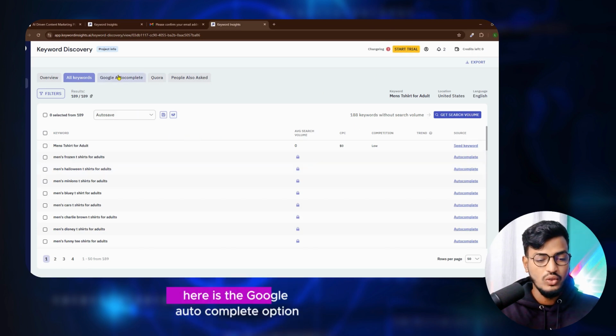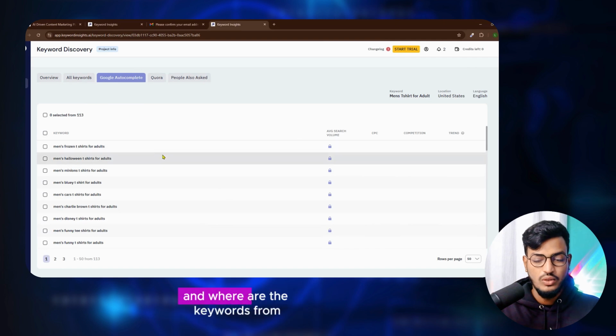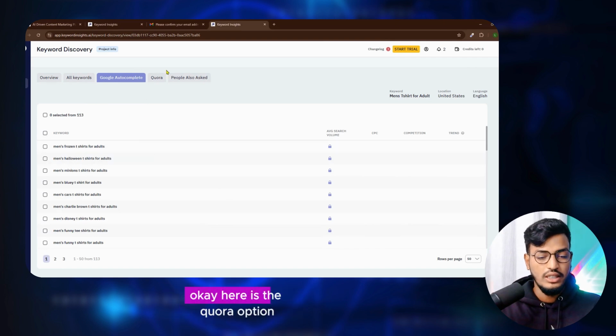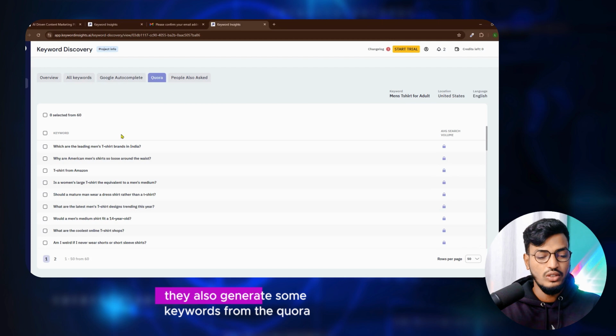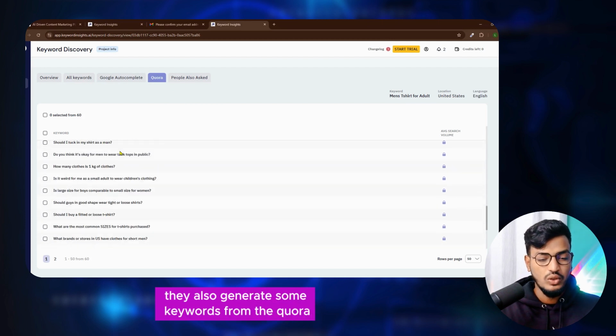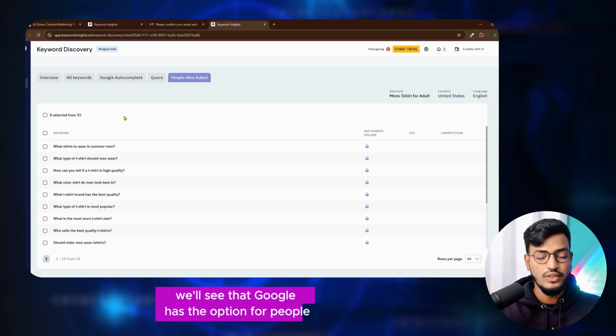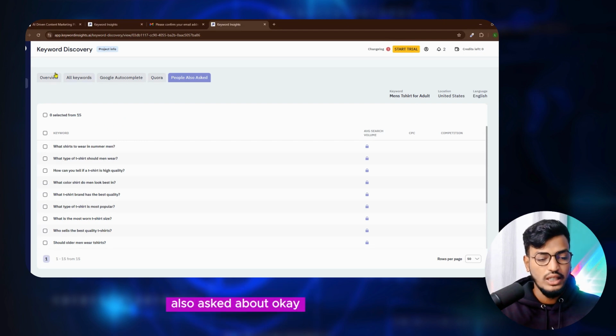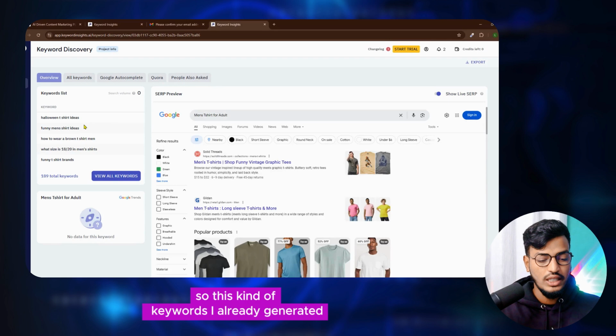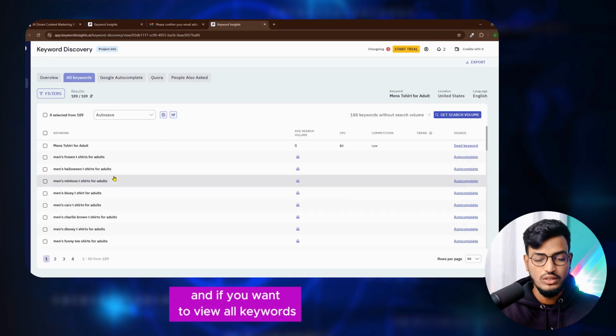Okay, here is the Google autocomplete option, where the keywords come from. Okay, here is the Quora option. It also generates some keywords from Quora and the questions asked there. Okay, we'll see that Google has an option for people also asked about. Okay, so this kind of keywords I already generated, and if you want to view all keywords, then you can see